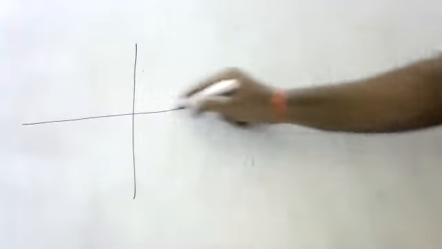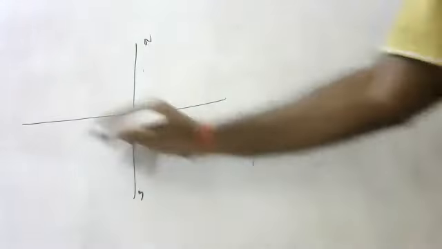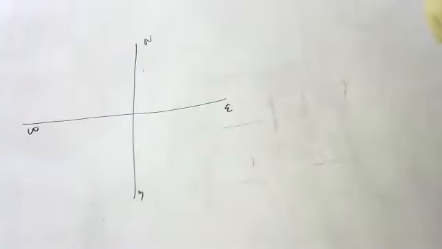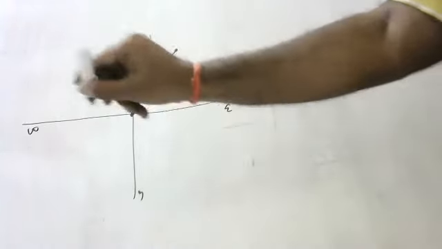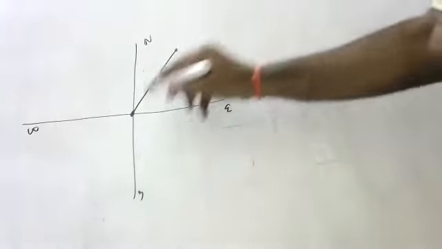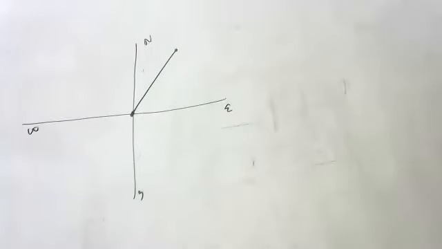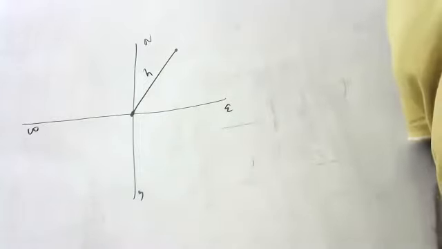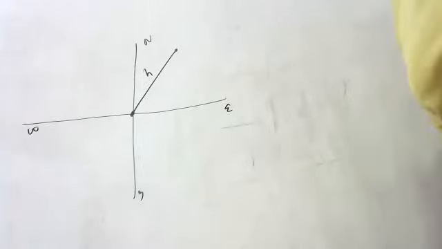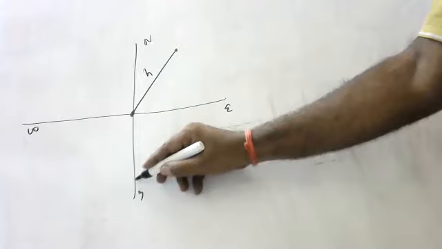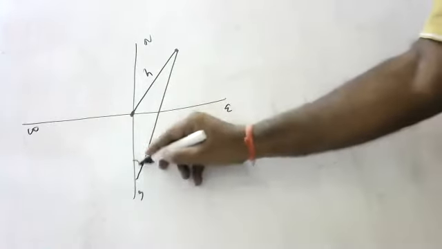So children, this is north, south, west, east. The angle of elevation of the top of the tower from point A. Children, here is a tower. Okay, actually it is like this, children. I can't draw like this, that's why I'm drawing like this, but this is perpendicular. That is perpendicular, children. The angle of elevation of the top of the tower from point A due south of the tower is alpha. From here somewhere, this is alpha.